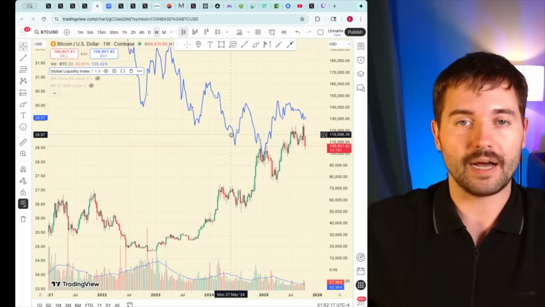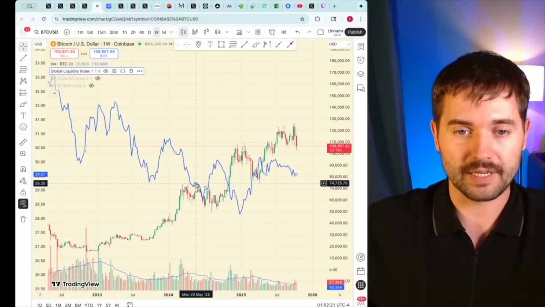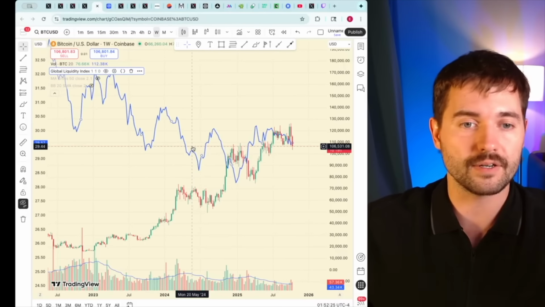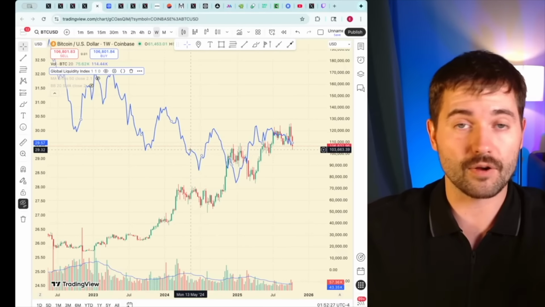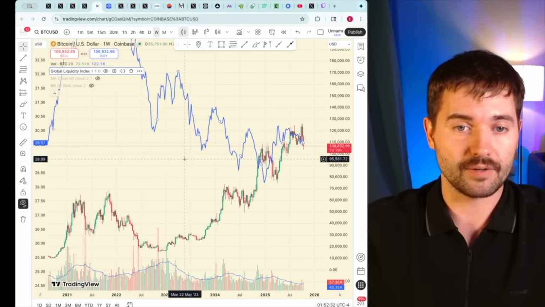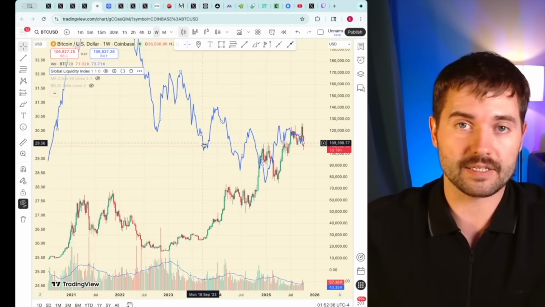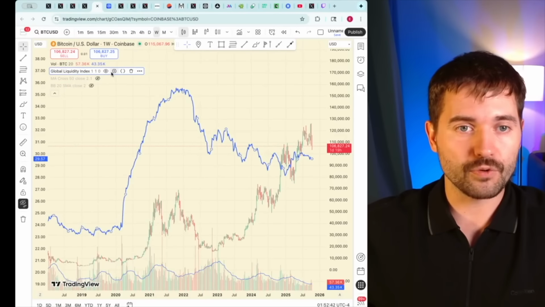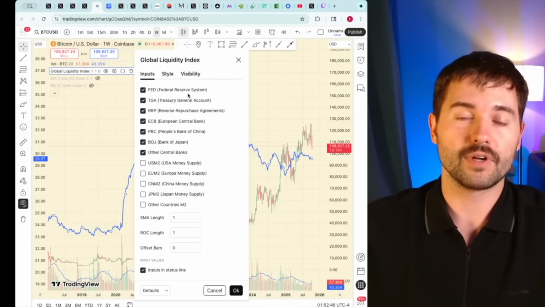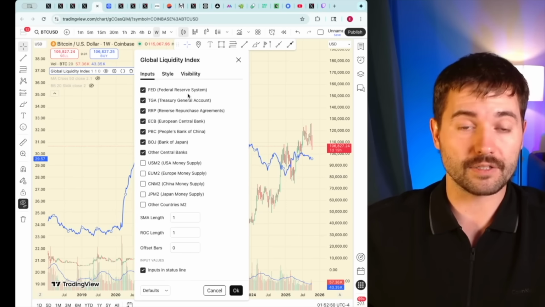Today on the stream, I covered a little bit of it, so if you already saw, you can tune out, but I'm going to dive deeper into what this indicator is composed of, when it goes high, when it goes low, and how it affects the prices of risky assets like crypto, and Bitcoin is still a risky asset. If you navigate to the gear box, those check marks show what you want to include in the global liquidity.